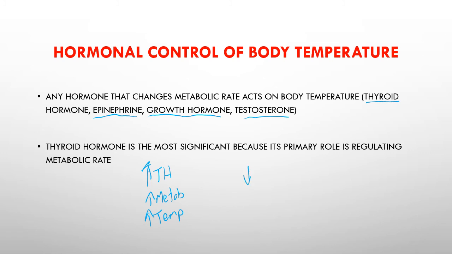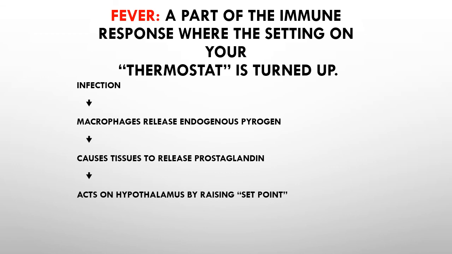Someone whose thyroid hormone is too low, their metabolism is going to be reduced, and their temperature is going to be reduced. So a hypothyroid person is going to have a sluggish metabolism. They're typically going to gain some weight. They're going to be cold all the time. Anywhere they go, they're looking for a sweater, a blanket, etc. They're trying to keep themselves warm simply because the metabolism of the body is not functioning well enough to keep them warm all the time.